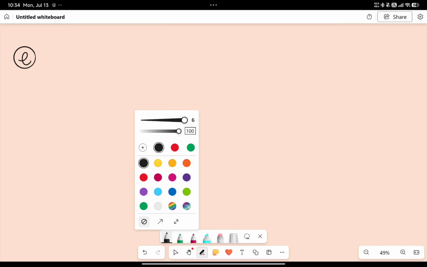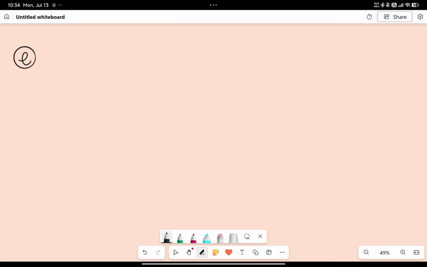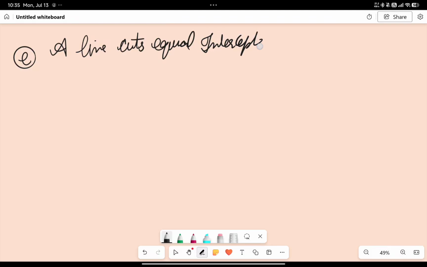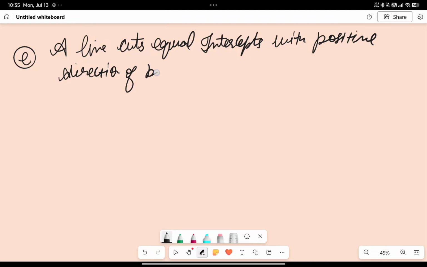Now see, a line cuts equal intercept with the positive direction of both axes. Both axes means x and y,